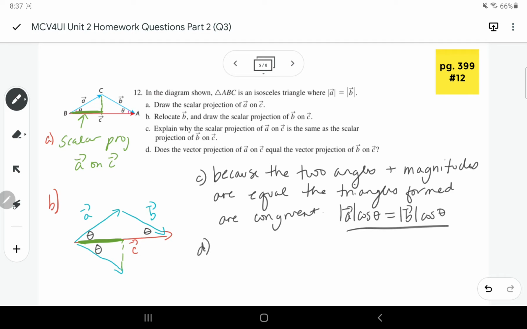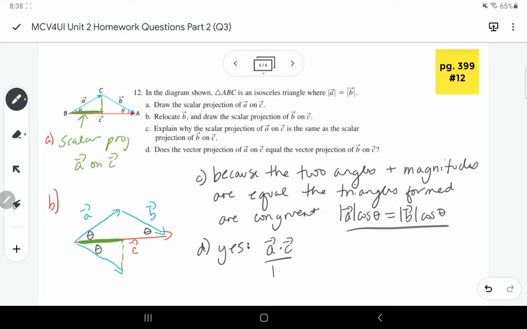For D, does the vector projection of A on C equal the vector projection of B on C? And that will as well, because the direction, A and B are just kind of on opposite sides, but that will also equal. So remember that the vector projection